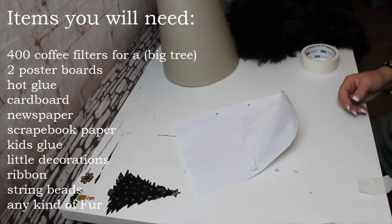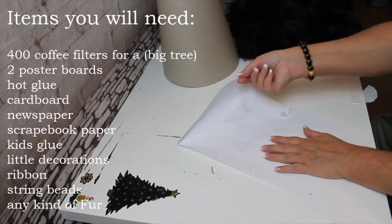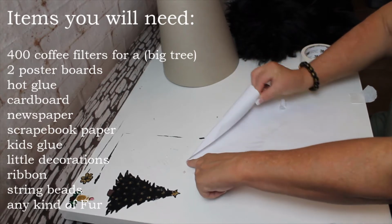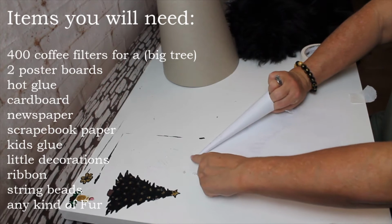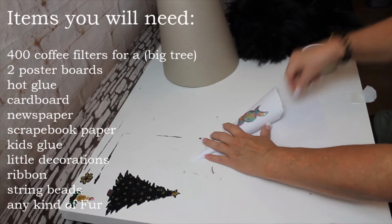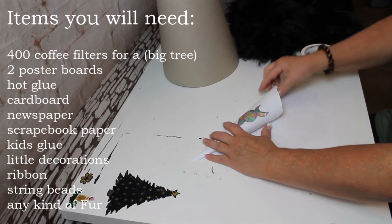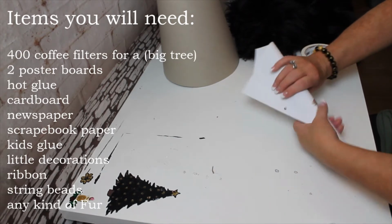So everybody, I already made a slight video on how to do this, and I realized you couldn't even see what I was doing. So now I'm going to do it over again. The first thing I said, you take the tip of the paper on one corner and you hold the other end and you start twisting. And what happens is once this top starts going into a cone shape, you just keep going around and then you hold it, tape the inside so that it doesn't do anymore, and then you can roll the rest,